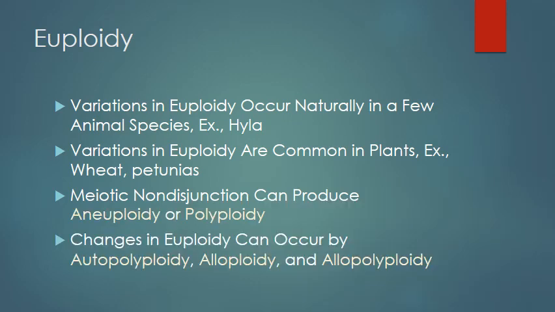So now we come to euploidy. We now turn our attention to the change in number of sets of chromosomes, referred to as variation in euploidy. Most species of animals are diploid. In some cases, changes in euploidy are not well tolerated. For example, polyploidy in mammals is generally a lethal condition. However, many examples of naturally occurring variation in euploidy occur.